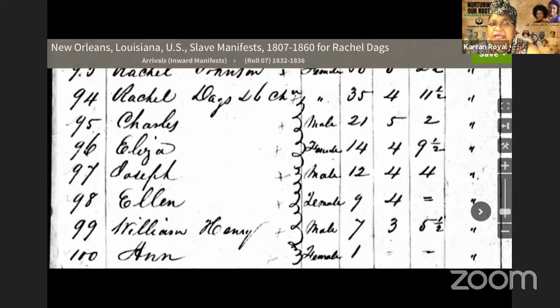And on here is a family that we are familiar with, because when I first started co-hosting the show with Antoinette, I remember we did a show about Charles Daggs. And this is the ship. The name of the ship was called the Brig Tribune. And here Charles Daggs is listed with his mother, Rachel Daggs, and his siblings, Eliza, Joseph, Ellen, William Henry, and Anne. I think actually William Henry ended up in Lafourche Parish, and I think Charles ended up at one point in Tangipahoa Parish. But these people were enslaved by former Governor Henry Johnson. And this ship came in from the port of Alexandria, Virginia, and entered into the port of New Orleans in